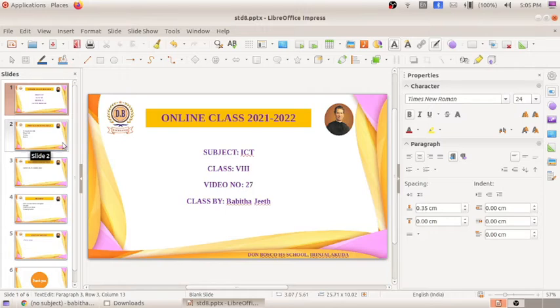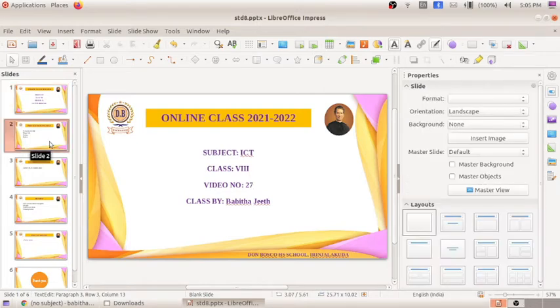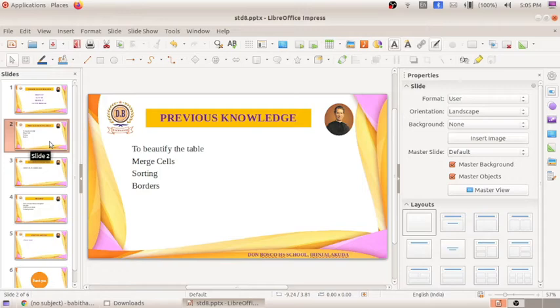Did you study the topics which we have discussed last class? What all things we have studied? We already have started the chapter named Data Analysis Made Easy. We have done so many activities in that chapter. It is basically related to the LibreOffice Calc or Excel file.